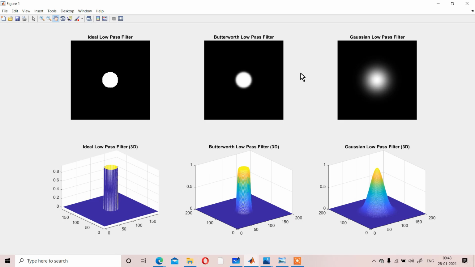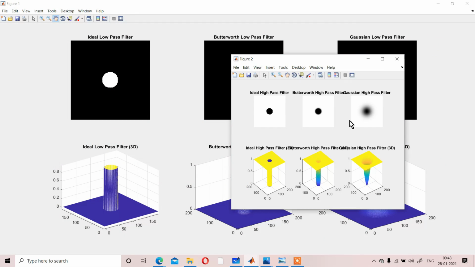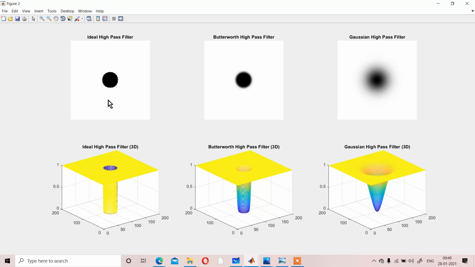Okay, so whenever you are using a low pass filter, you are getting the boundary portions of all images as a blurred image. So overall, if you see after using a low pass filter, you will get a blurred image. Similarly, for high pass filter, obviously the opposite will happen, means the high frequency range you are getting 1, and the low frequency range you are getting 0.